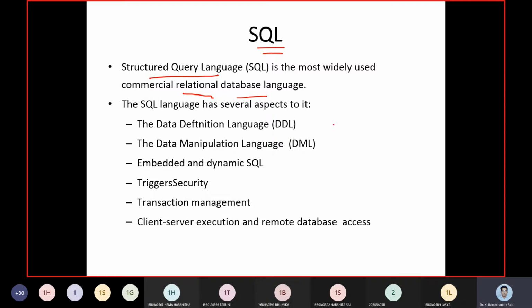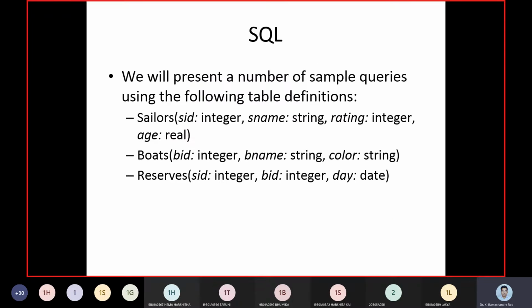It is a data definition language, it is a data manipulation language, and it is embedded with dynamic SQL. It does triggers, transaction management, client server architectures, execution on remote databases, live SQL. So these are some of the ways where SQL is going to be taken up.